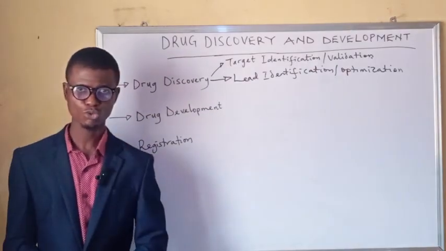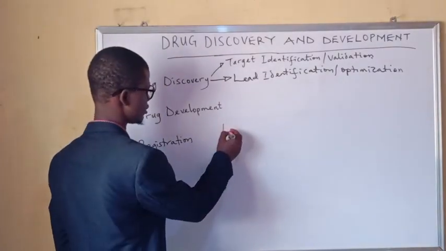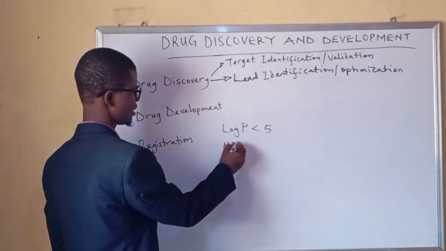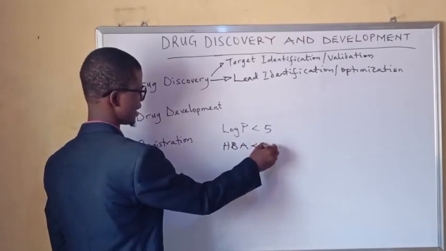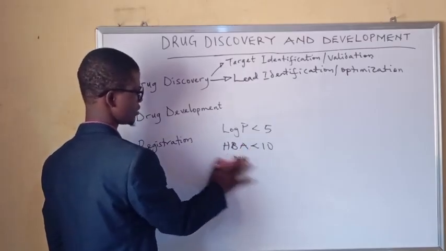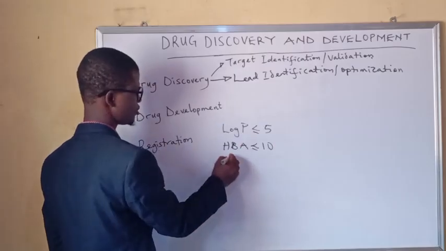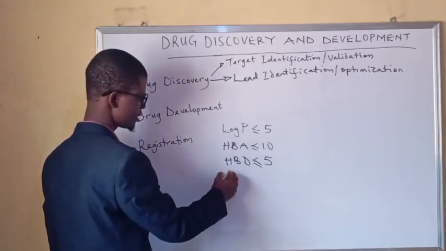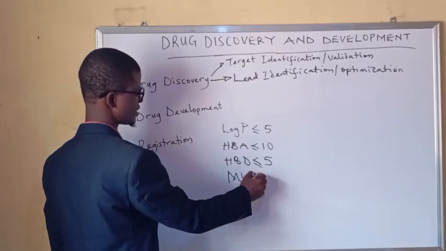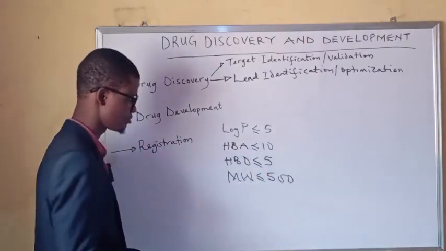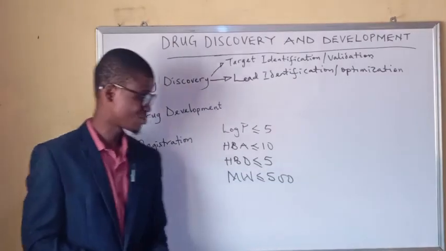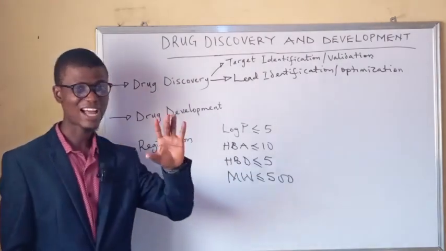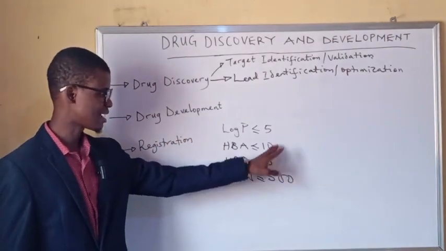So it gave us four rules. He said the first one is that the log P should be less than 5. The hydrogen bond acceptor should be less than 10. The hydrogen bond donor should be less than 5, and the molecular weight should be less than 500 grams per mole, and that is why it is essentially called the Lipinski rule of 5. It doesn't mean that it has 5 rules, but it has 5. If you look, these are multiples of 5, and